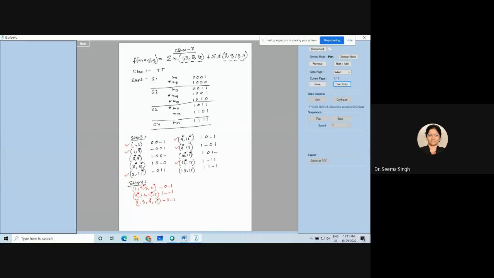So 9, 11 is already ticked. I need to tick 8, 10 again and I should show this now. So let me show a double tick so that it is easy for you that 9, 11 is taken two times. So 8, 10 and 9, 11 is taken. So 8, 10, 9, 11.